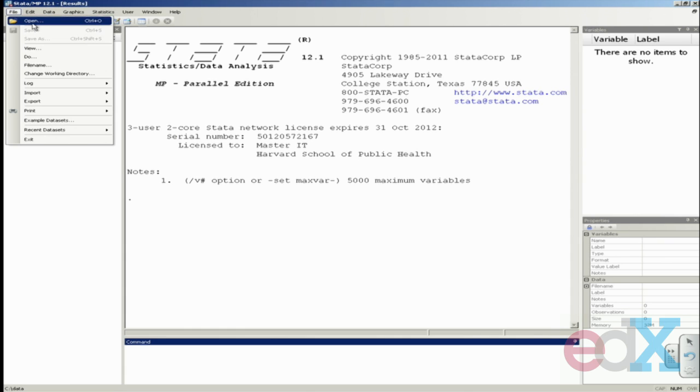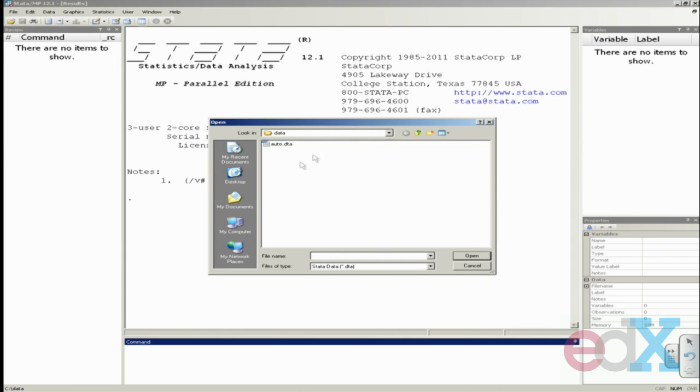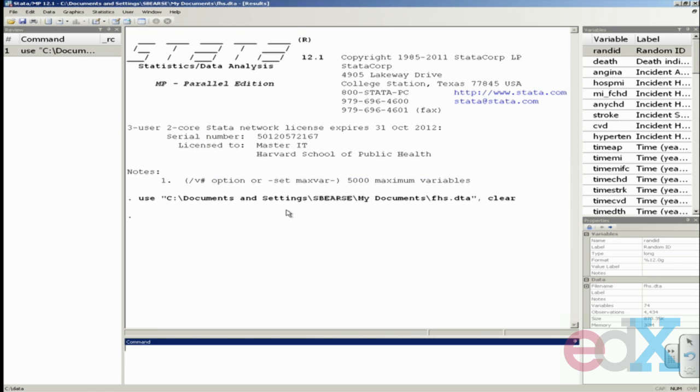But what we're providing for you is a Stata dataset. So if you already have that .dta Stata file, you can just go File, Open, and you have to find where you've saved your data set. I saved my data set in the My Documents folder. So double click on your data set once you've found it, and you should now have the data open in